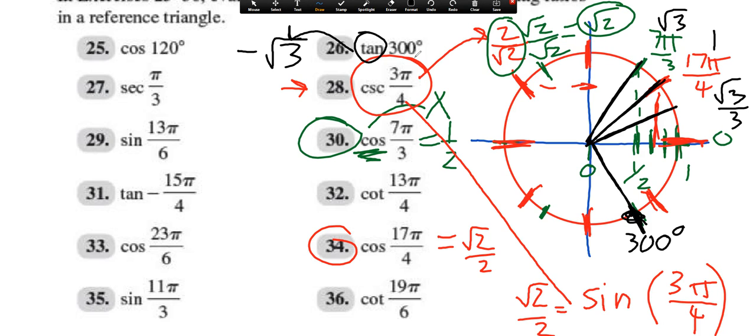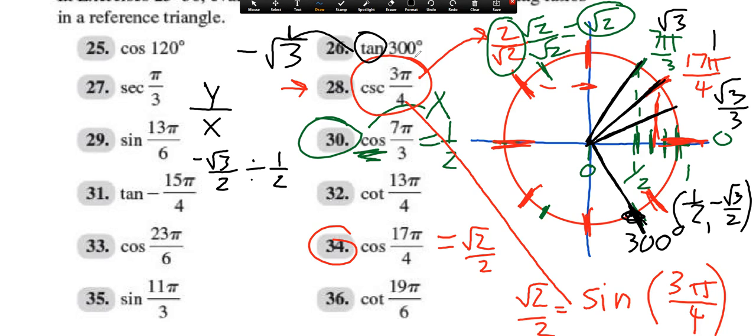Now, I understand what you're getting at. You're asking me about the actual coordinate. The actual coordinate there is 1/2, negative radical 3 over 2. That's the actual coordinate sitting right there on the edge of the circle. Cosine is the x, sine is the y, tangent is the slope. Now, if you want me to do this the long way, we know tangent is the y divided by the x. So that would be negative radical 3 over 2 divided by 1/2, which back in middle school we taught you that division is the same as multiplying by the reciprocal, and voila, we get negative radical 3. So if you would like to do it that way,